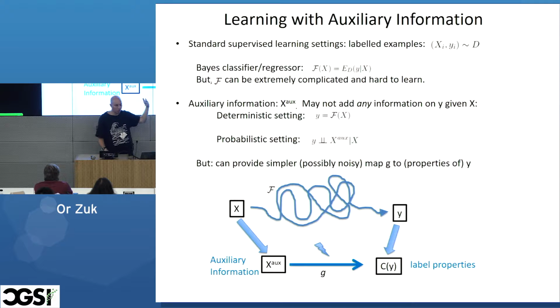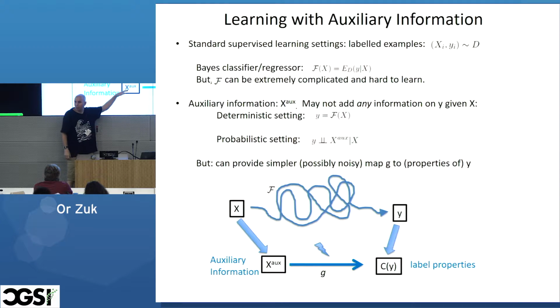So because we don't know the true mapping or the true joint distribution, we are going to use additional information, even though if we had known them, we would not need that, and we would just need to find a function of x that predicts y. So this scenario happens